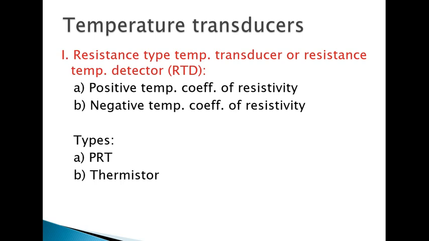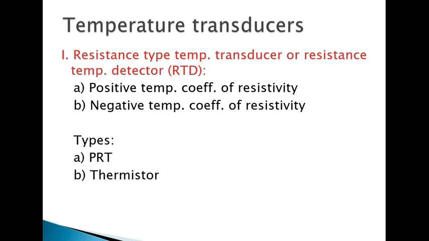So, this property can be used to sense the temperature and to convert that temperature into the respective resistance. So, what is the work of an RTD here? This RTD is converting change in temperature into changing resistance. That is the simple working of this RTD.